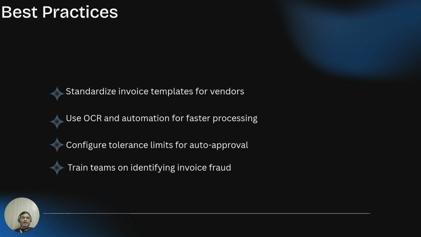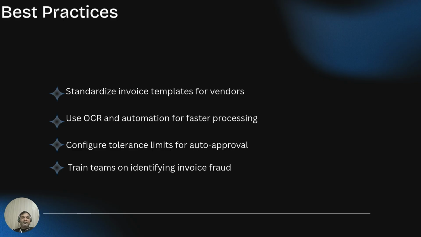Third important part is configure tolerance limits for auto approvals. I'll give you an example of what tolerance is all about. For example, you have an invoice for 10,000 US dollars and the variance is just a few cents. So just for a few cents, the expectation is that you don't reject the invoice in full. There should be a basic tolerance available for the invoice processing. Without tolerance, there are potential chances that you will keep accumulating the invoices for very small variances which can be